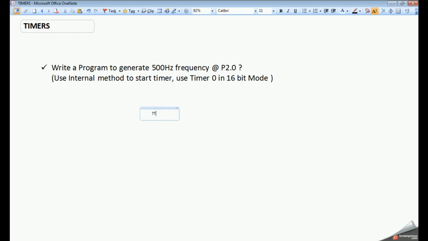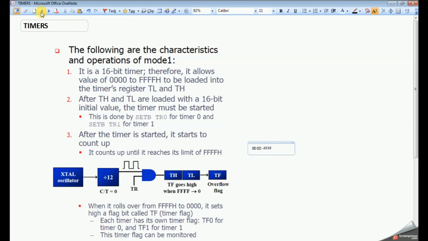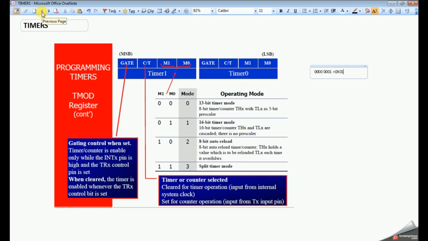You already know the TMOD value, how we can define it. In this program we need to use timer 0, that means only these bits will be enabled. Similarly, these bits will be the same, and we need to use 16-bit mode.